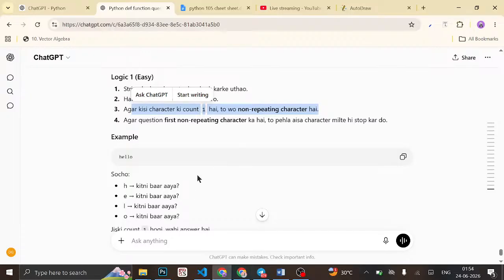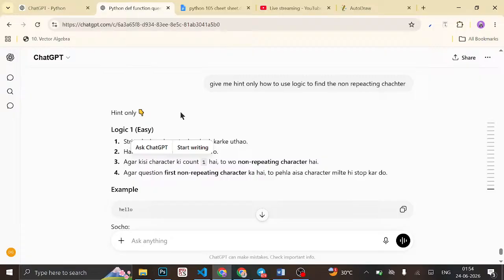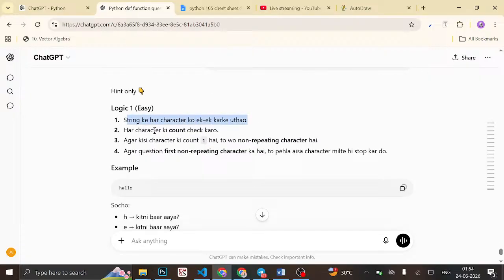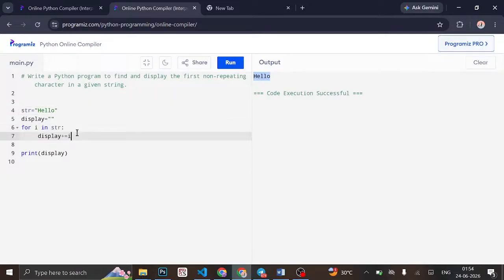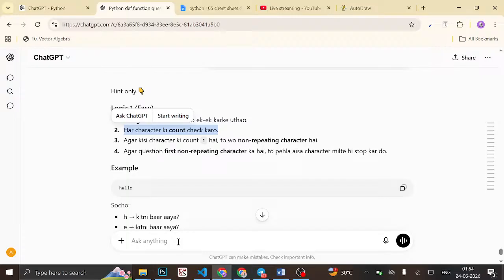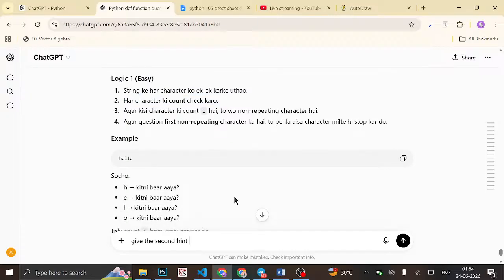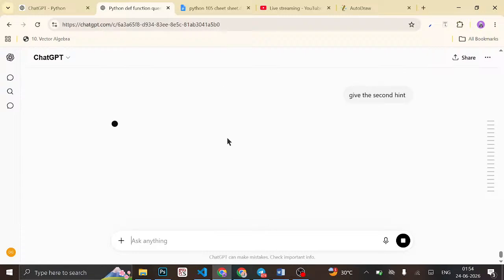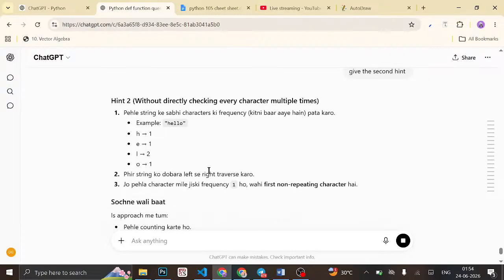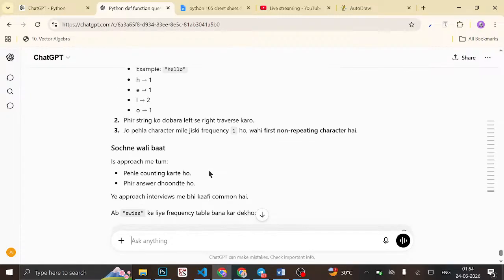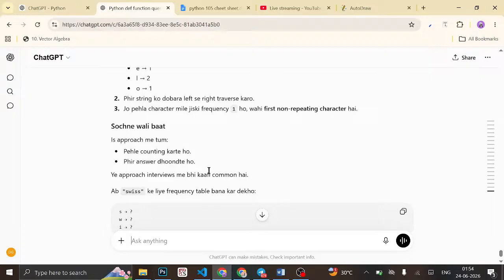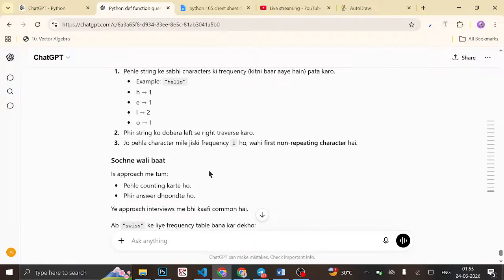क्या लॉजिक लग रहा है यार इसमें? स्ट्रिंग के हर एक कैरेक्टर को उठाओ, उठा लिया, हर एक कैरेक्टर की काउंट चेक करो, काउंट चेक करनी है। देखो, विदाउट डायरेक्टली चेकिंग एवरी कैरेक्टर मल्टीपल टाइम्स, एच इक्वल्स टू वन, ई इक्वल्स टू वन, टी इक्वल्स टू वन। स्ट्रिंग को दोबारा लेफ्ट साइड से ट्रांसफर करो, जो पहले कैरेक्टर मिले जिसकी फ्रीक्वेंसी वन हो, फर्स्ट वन को। काउंट तो कर लिया यार।